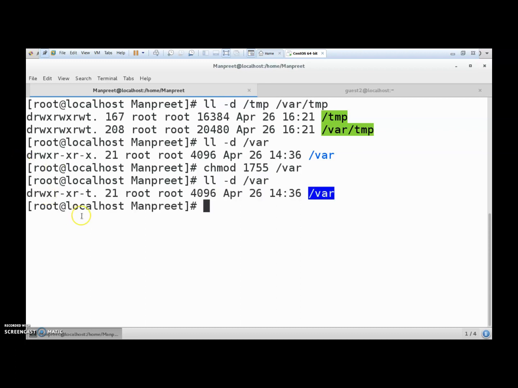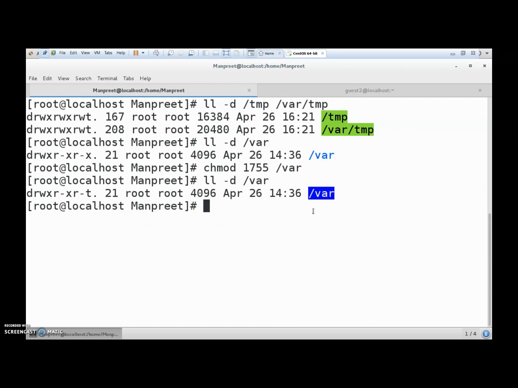See, now it is visible. Earlier it was not there in the last triplet of the others, but right now it is visible to us, which means that any file or subdirectory I create inside the /var directory, only the owner or the root user will have the privilege to delete that particular file or directory inside the /var directory.